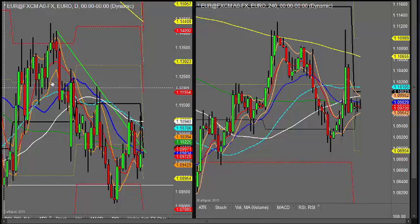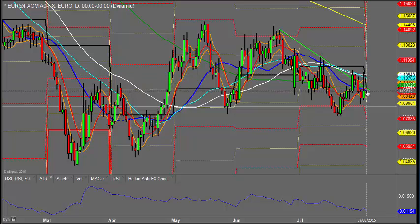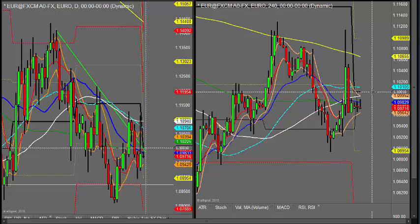Okay, looking at the euro dollar first, and as you can see on Friday, let me just make this a bit bigger, that's it. So Friday's price action, we rallied back up and then pulled back down again, so it pretty much ended in a shooting star type pattern. We're just short by the looks of things of the weekly pivot. The monthly pivot there needs to come down the time frames. It's just short of the monthly pivot there,